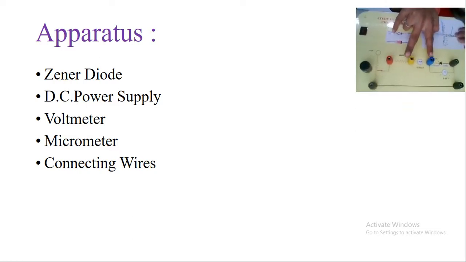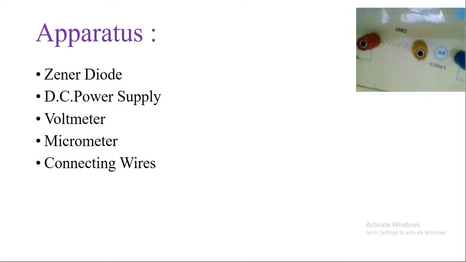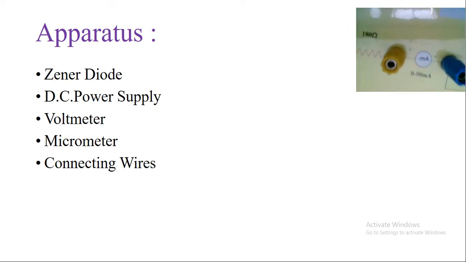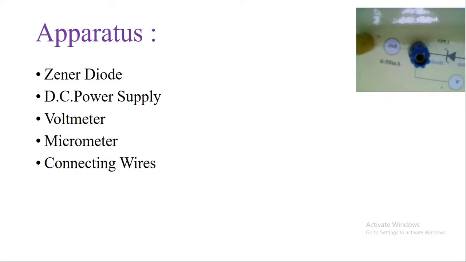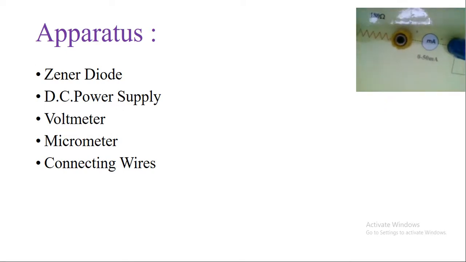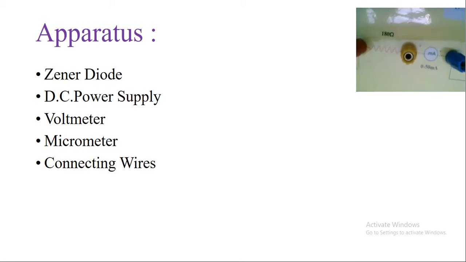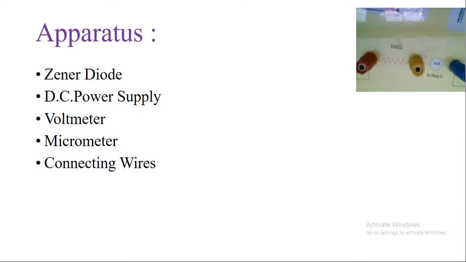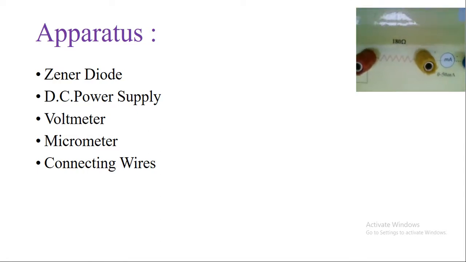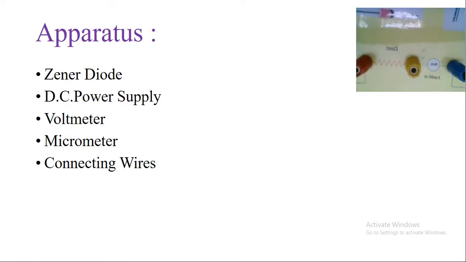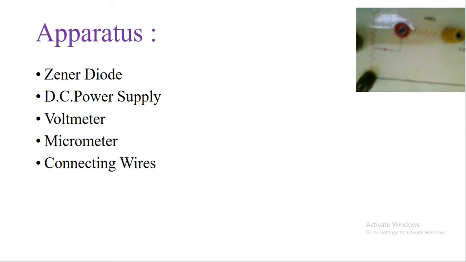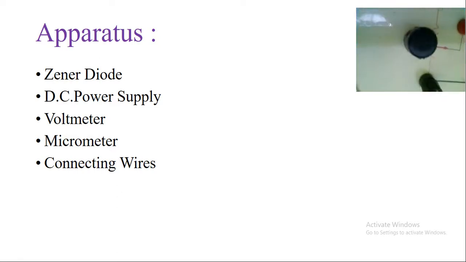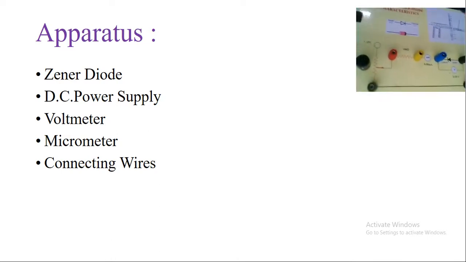As you can see on this kit, some of them are solid lines and some of them are dotted lines. A dotted line means you have to connect the instrument externally yourself. It is not internally connected inside the kit. So here you have to connect the milliammeter across these two points. And these are solid lines, which means they are connected. Again, one dotted line is here. You can see it here.